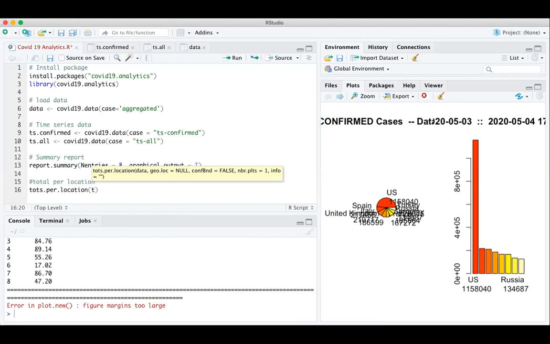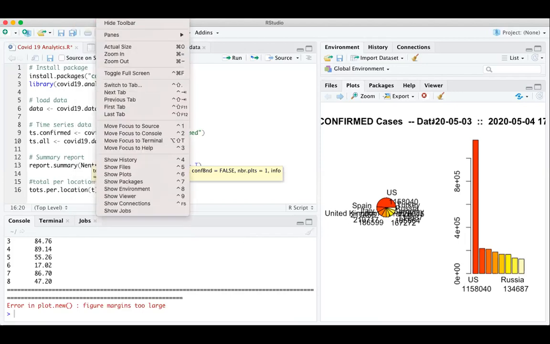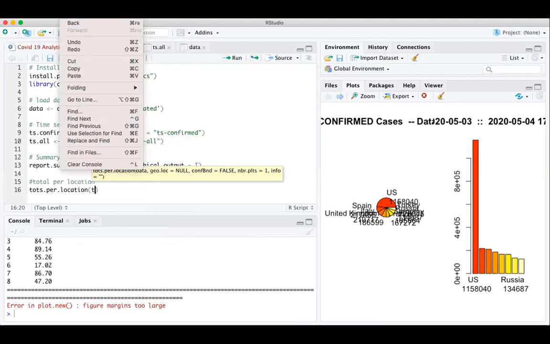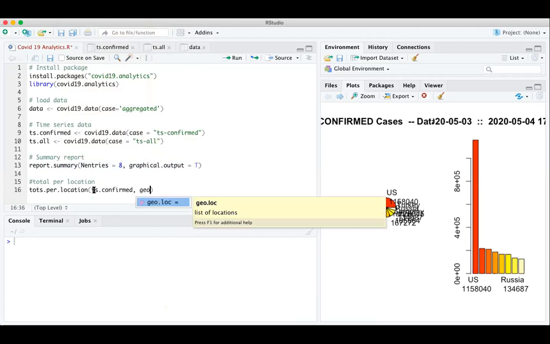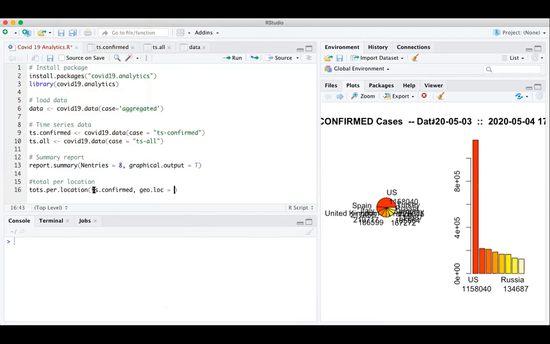First of all, let me clear the console, otherwise we can't see the appropriate details. So clear console. Okay, ts.confirm, and let's take the geographic location as, let's say, India. Let's run it.